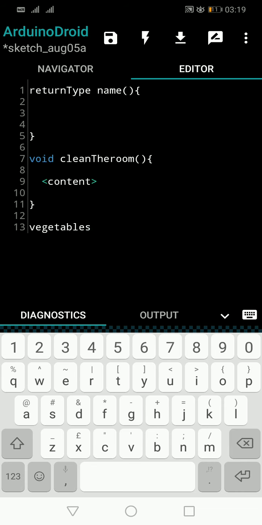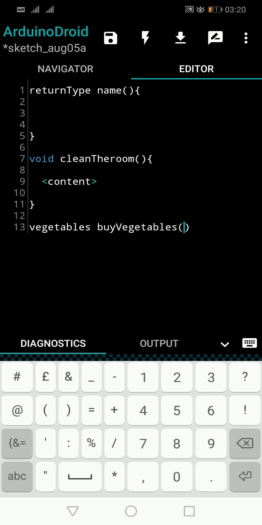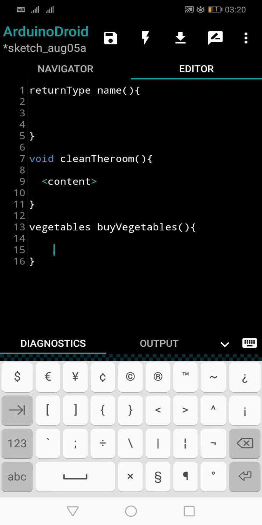Okay, so we will write vegetable, that's enough. And the function is buy vegetables. Let's go for buy vegetables. Okay, because we have written the return type and the function name, right? And then there should be the content. What is the content? Going to shop,